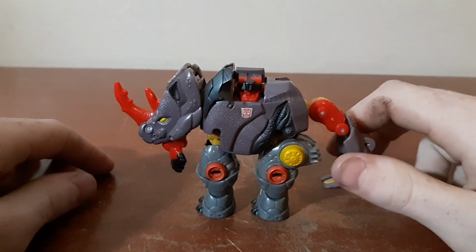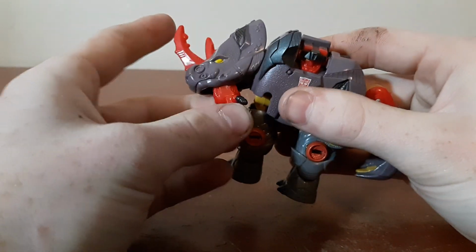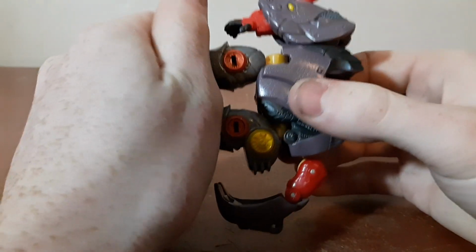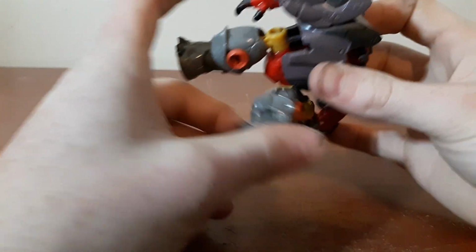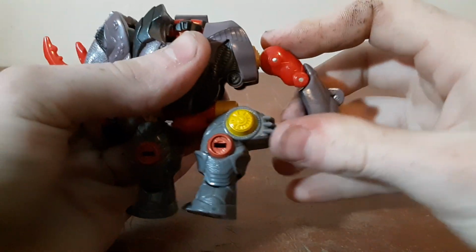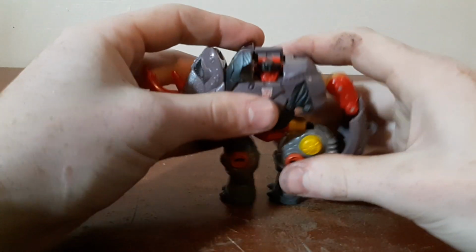And he has a little bit of articulation, swivel, full 360, can go in. Legs can go, not really back. They can, oh wait, I forgot. Gotta extend his waist. So, can go back, go forward, same thing, forward, back, swivel, hinge, and then this could be like a claw, so that's a hinge. So yeah, he's just,